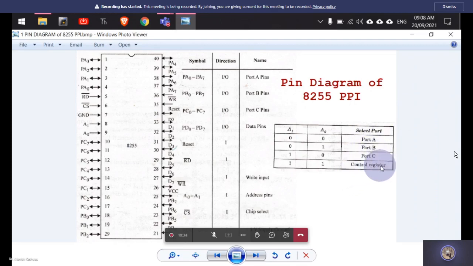And there is a control register which will be controlling the operation of these three ports, right? So this 8255 has an internal control register which can be manipulated by the 8085 or 8086 CPU, according to which port A, port B, and port C will be selected, and operations can be done. Port A, port B, and port C can also be made as input or output port, which will be decided by the contents of the control word register. Port A and port B are of 8 bits each. And port C is also of 8 bits, but